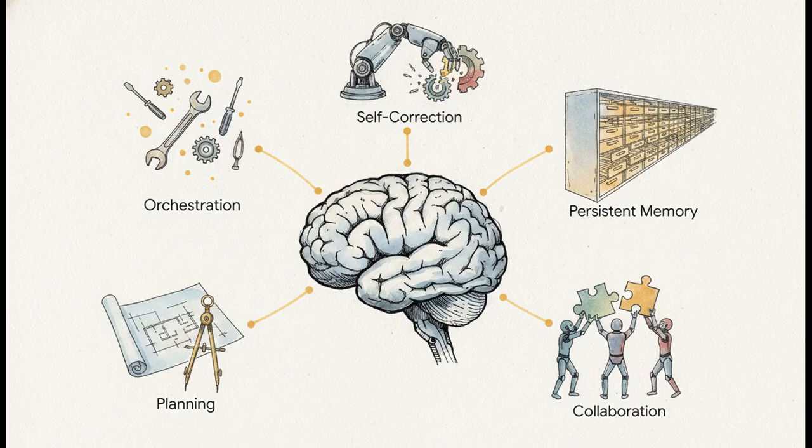First up, autonomous planning. It takes a big goal and actually breaks it down into subtasks itself. Second, tool orchestration. It strings together multiple tools dynamically based on what it learns at every single step. Third, and honestly this might be the most important, self-reflection and correction. It evaluates its own work, spots its own errors, and revises its plan on the fly. Add in persistent memory and multi-agent collaboration, where specialized bots hand off work to each other, and you have a